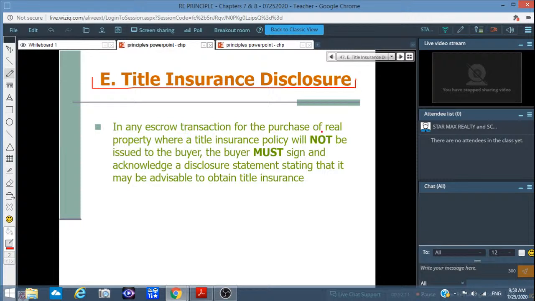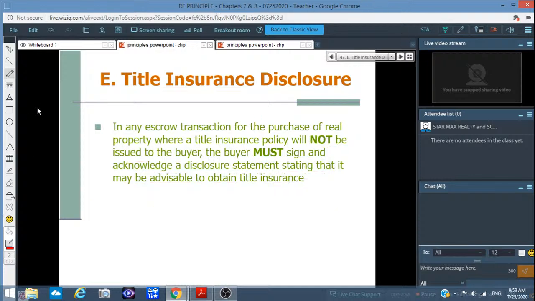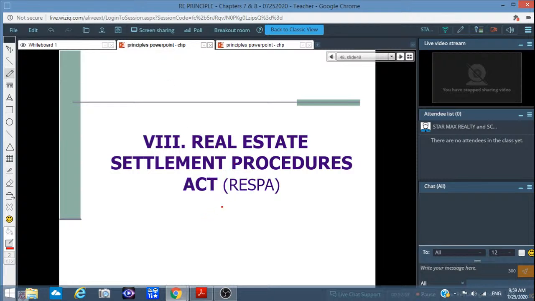In any escrow transaction for the purchase of real property where title insurance policy will not be issued to the buyer must sign and acknowledge a disclosure statement stating that it may be advisable to obtain the title insurance. Give an example, all cash deals. Okay? They usually don't buy title insurance. I don't know why. Okay? They should, right? Just to protect yourself. 很多新进买房的人呢，他不买那个产权保险的，OK，应该买一套，OK，不是很多钱嘛，1000多块。